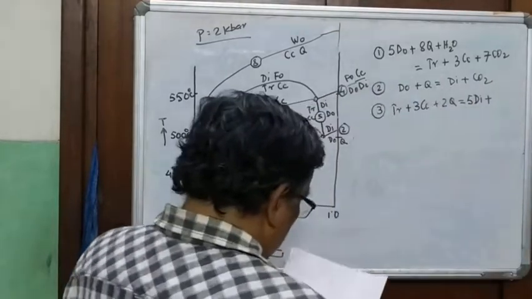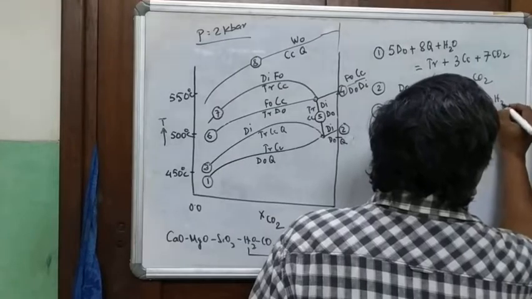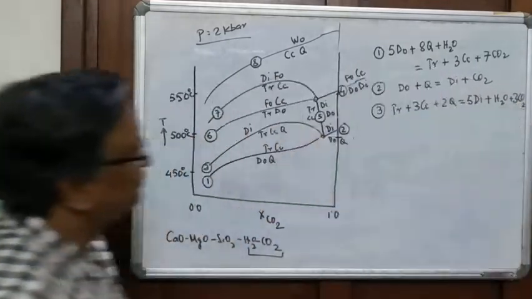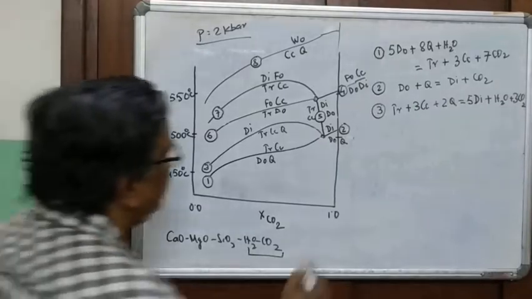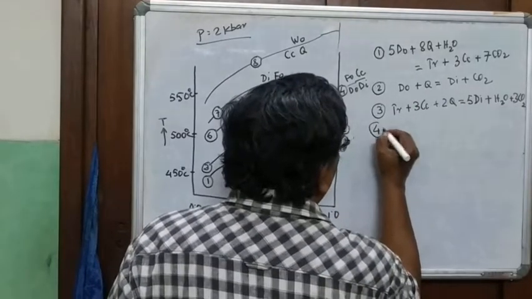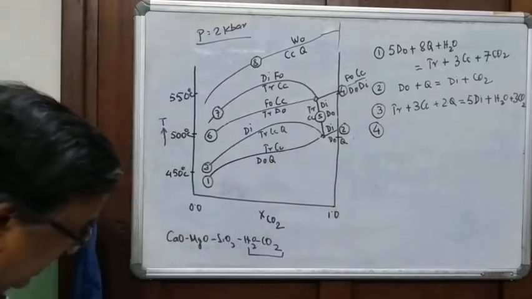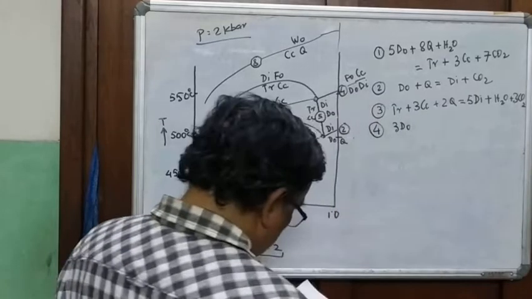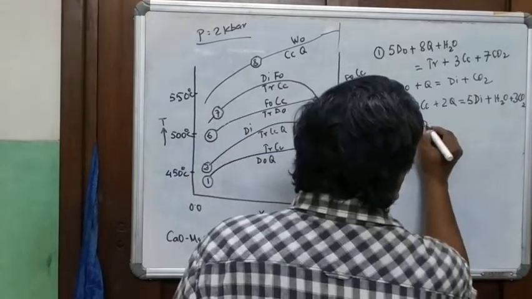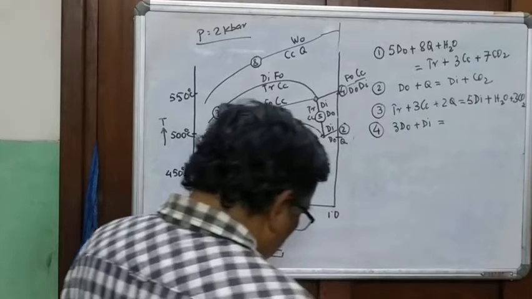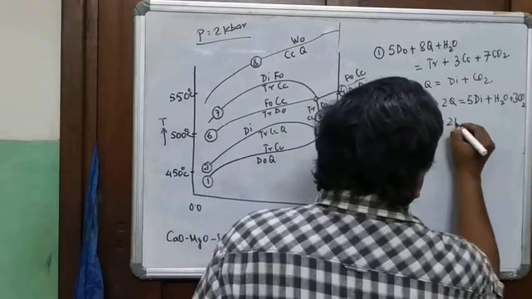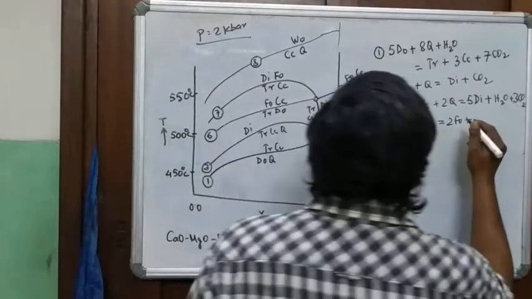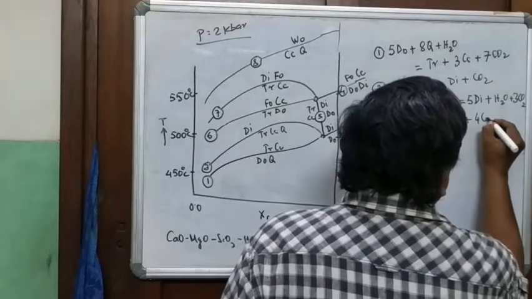plus H2O plus 3 CO2. That is 3. Then we have 4 now, which is this reaction, and it is 3 dolomite plus diopside is equal to 2 forsterite plus 4 calcite